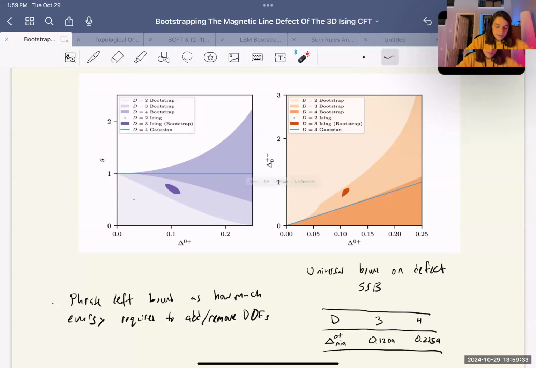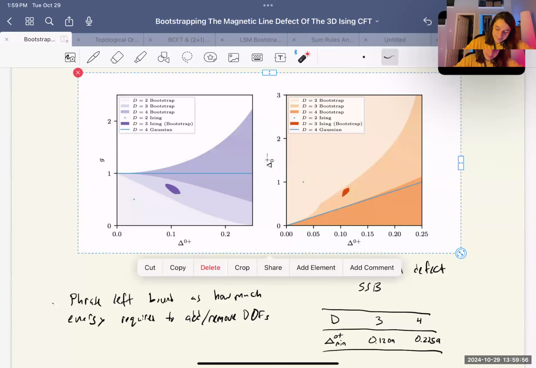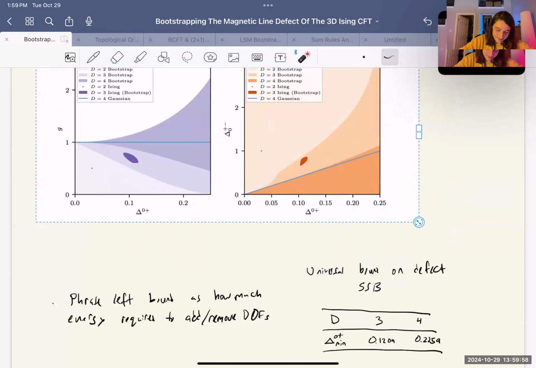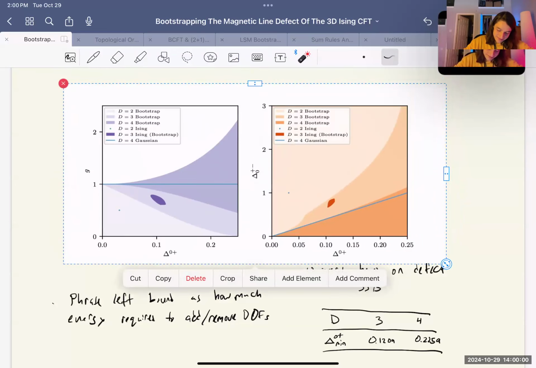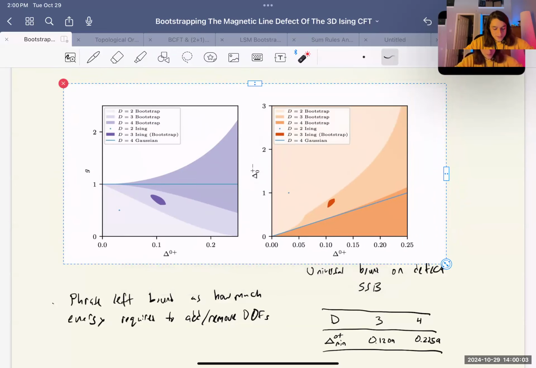And actually, I think it's kind of nice to interpret this plot when you rotate it by 90 degrees and think of it as a lower bound on, sorry, as a function of G, think of it as a lower bound on the dimension of the endpoint operator. Okay, wait, can I rotate it? Maybe not. Anyway, if you think of it as a lower bound on the endpoint dimension as a function of G,